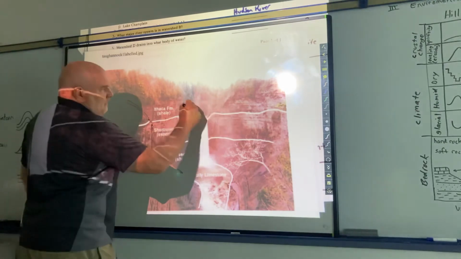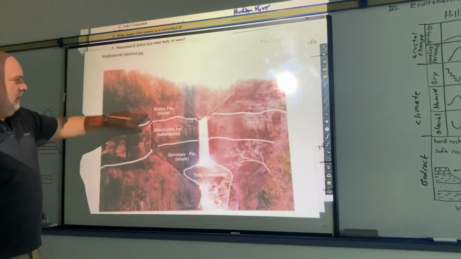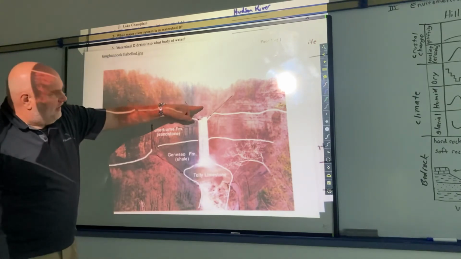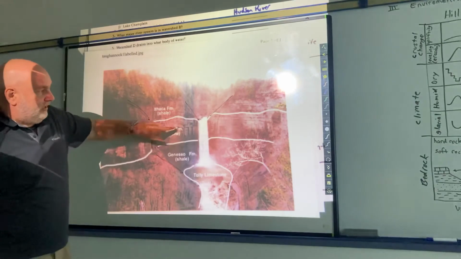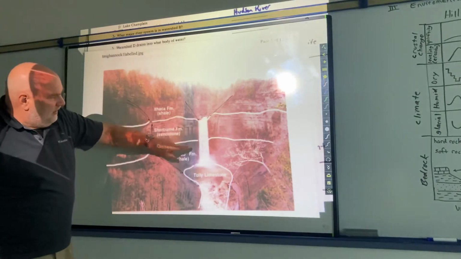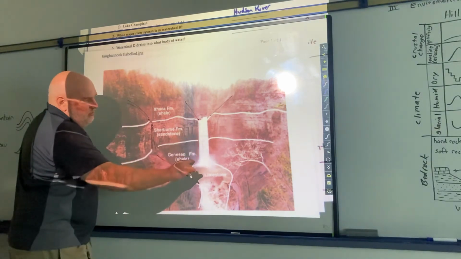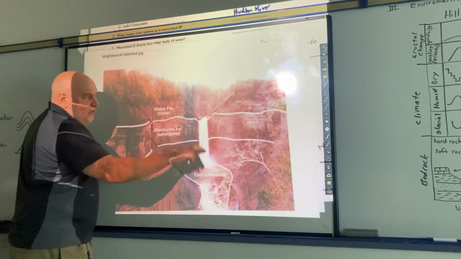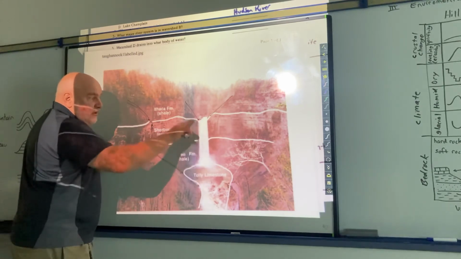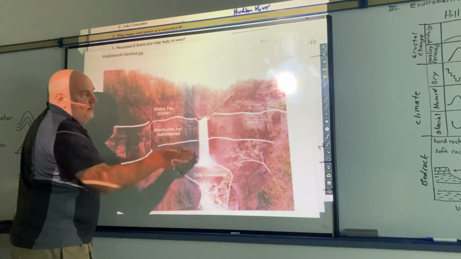And the stream has cut down into the layer of shale. So it's eroded down, but the erosion reached the sandstone layer, which is a hard layer. Now down here, I have a softer layer. So what happened is this one eroded backwards, letting the sandstone have an overhang, and that's creating the waterfall. That's why you have the overhang and the big waterfall right there, right?